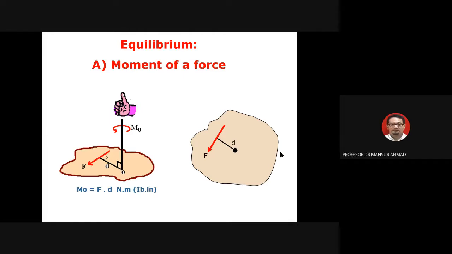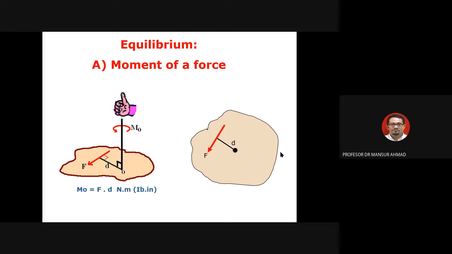Half an hour. Yes. Okay, so let's look at a moment of a force. Remember when we talked about conversion of unit, we did convert moment from one unit to another. So this is what we mean by moment. Moment of a force, again, it's not moment of a time, this is a moment of a force, moment sesuatu daya. Dalam bahasa Malaysia, moment digunakan moment juga. Mungkin ejaan dia berbeza, M-O-M-E-N gitu. Moment sesuatu daya. Moment of a force.